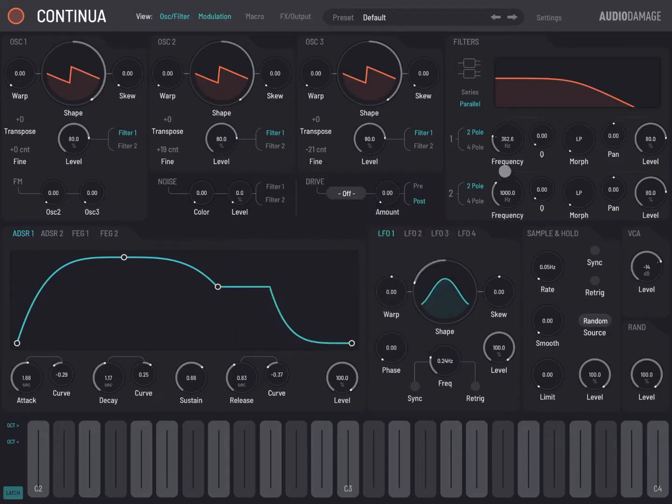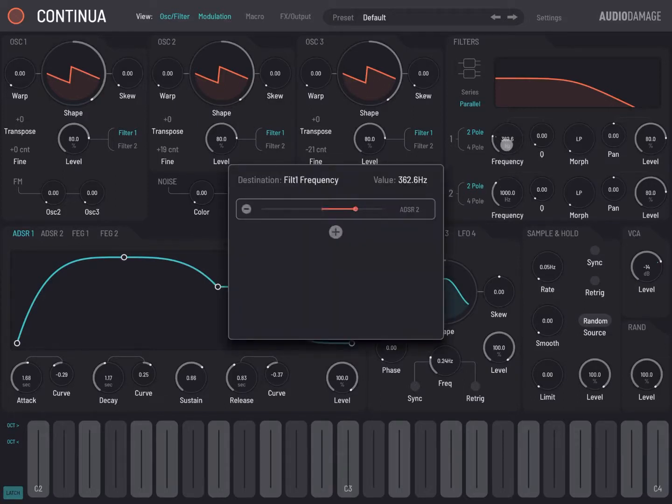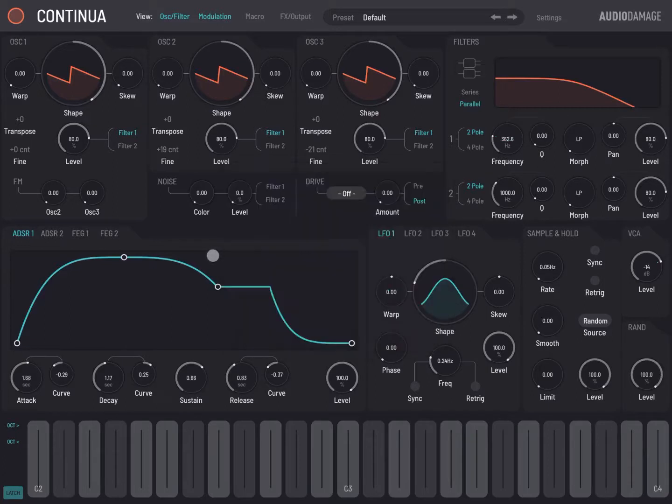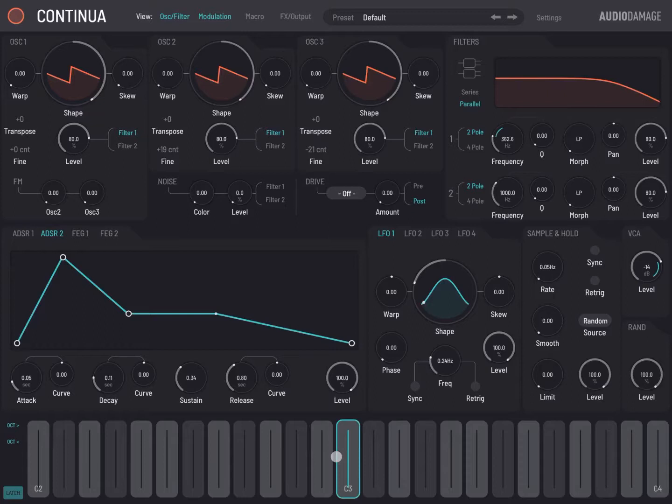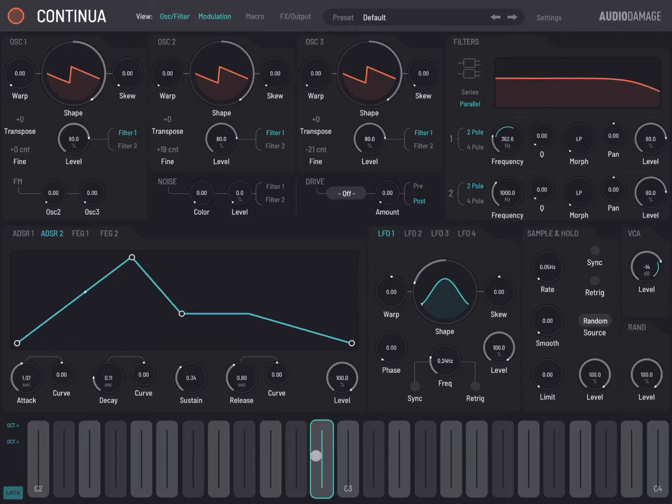And what you are going to see is that if I double click on frequency, you find that ADSR2 is actually connected to your cutoff. Indeed, if I wish to change to go to ADSR2, this is what it sounds in a moment. But I could increase the time, the attack. A little bit more. So now you can hear that it's going up